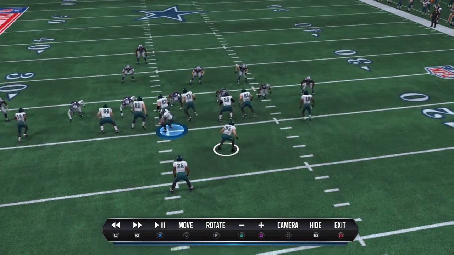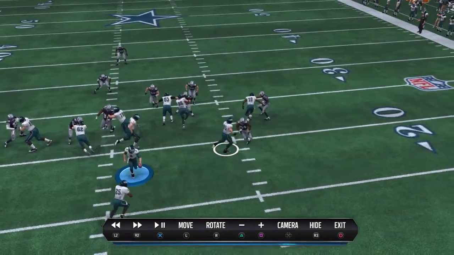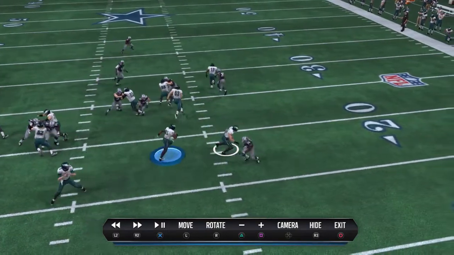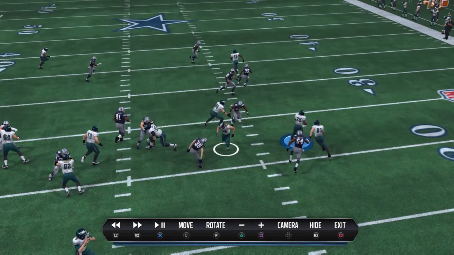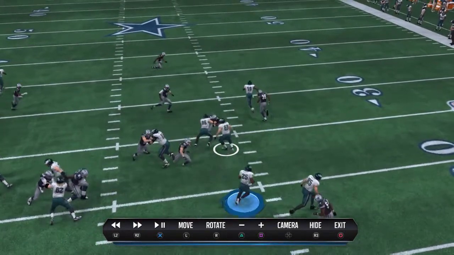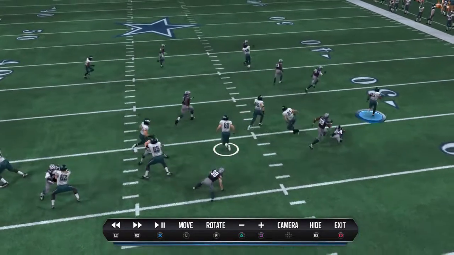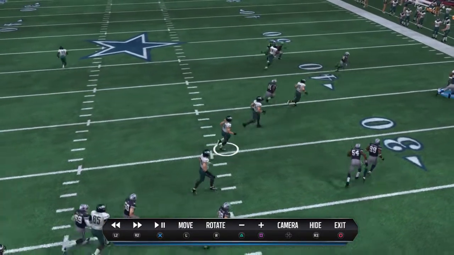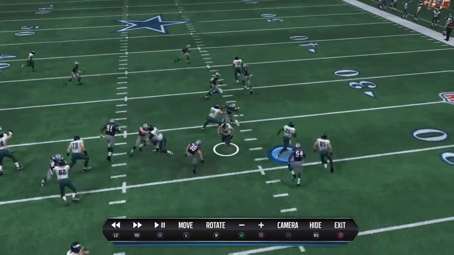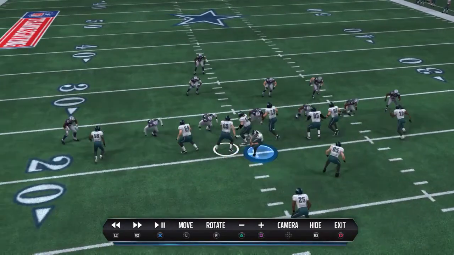But I hope you guys see that I'm pointing out the positives and negatives in these plays, and in these videos I'm going to drop. The game isn't perfect, but you can get an enjoyable football experience out of it, because it does have elements of football that you can enjoy. It's not nearly as bad as it was last year.